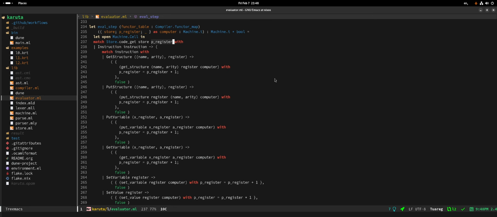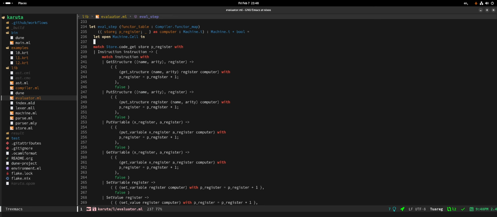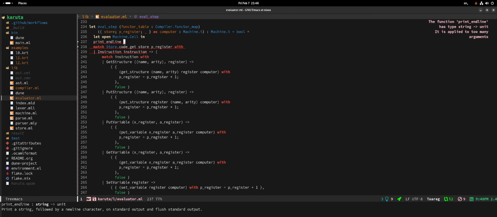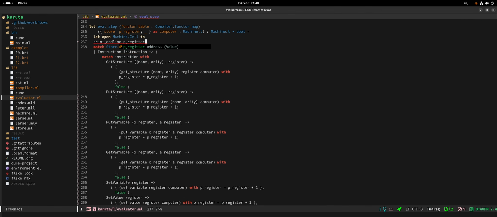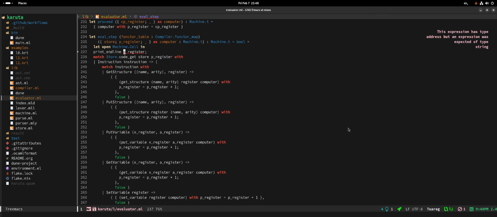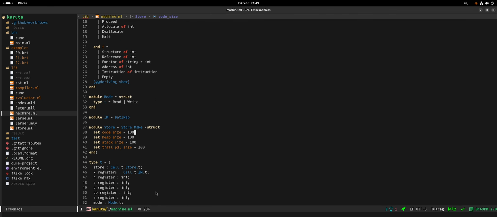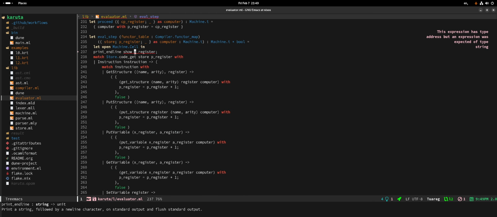So, tricky question. Should we print them? Maybe we should print the p register. The answer is how easy it is to do that. I'm not entirely sure. P register is a number. Yeah, but it's not a number actually. It's a type. It's an address. Yes. P register. Oh, it is a number actually. Okay, but in that case we should be able to do show. How do we do that? It's show maybe.